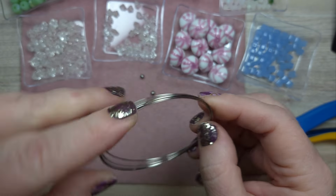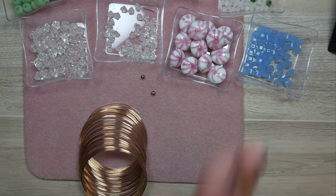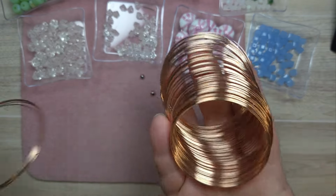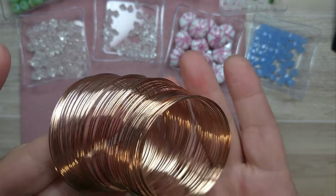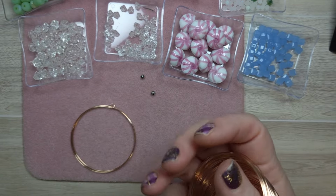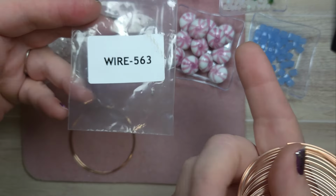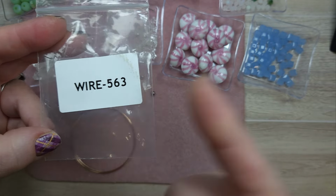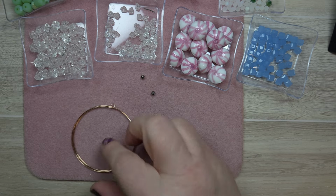All right, folks. Give me 1 second. Okay, friends. So, slight change of plans. We are going to be using, and I actually might like this better, this rose gold memory wire, which I got, if I say actually one more time, from Bargain Bead Box. So it's kind of poetic. I don't know if they still carry this product. I'm pretty sure I bought this a while ago, but we're going to go with it because I didn't really like the